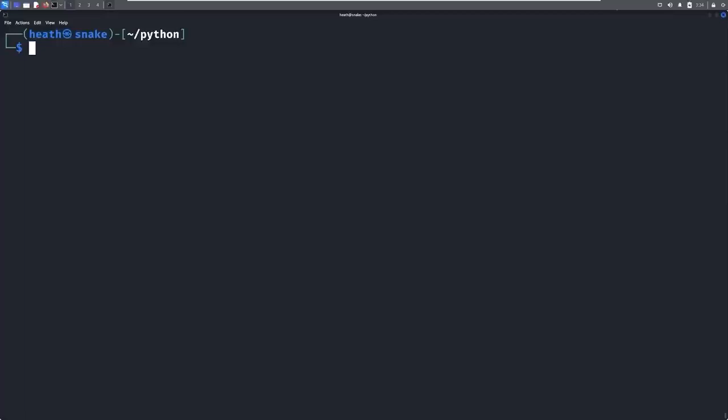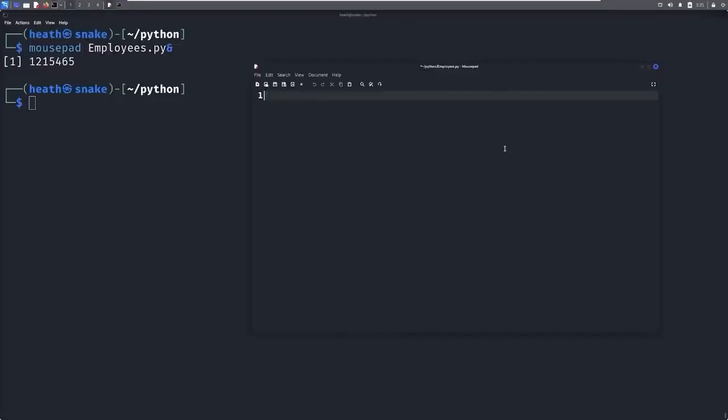So we're going to create a couple of files in this lesson. And the first thing that we're going to do is open a notepad, and I am going to create a file called employees.py. And in this, we're going to go ahead and declare a class. I'm going to save this here. So let's do class employees, save it. And we're going to hit enter and just tab over. And we're going to do this